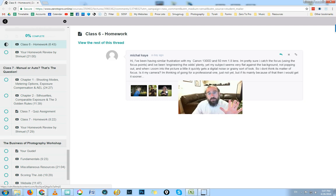And if you're not getting a blurry background and you're following those rules, then you can assume that it is your equipment. It's physics. It's one of the best things about photography, it all makes sense. Everything makes sense. I always say it's like the opposite of marriage. Anyway,